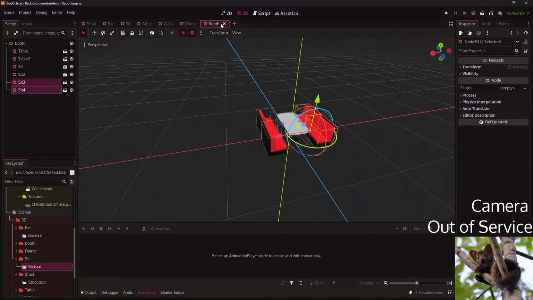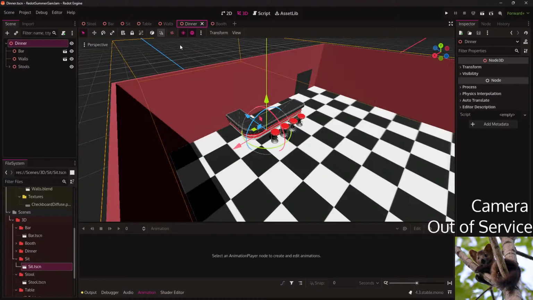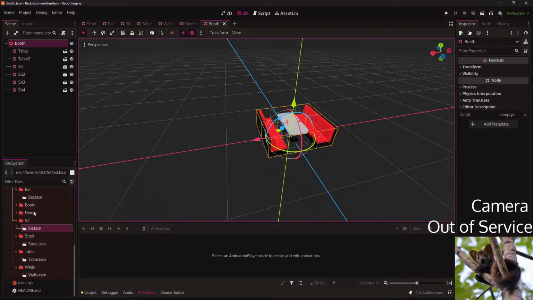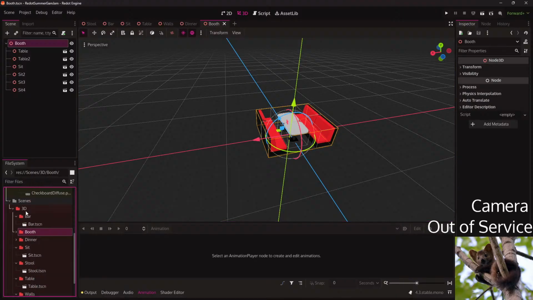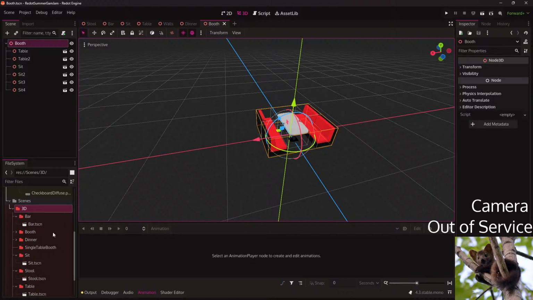I think I'm gonna... Okay, this is a 4. And eventually I should have another one. Let me see. I create a single table booth, if that makes sense.